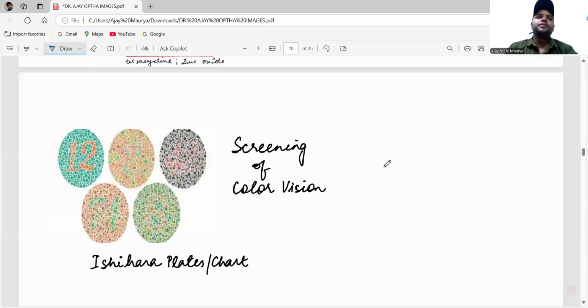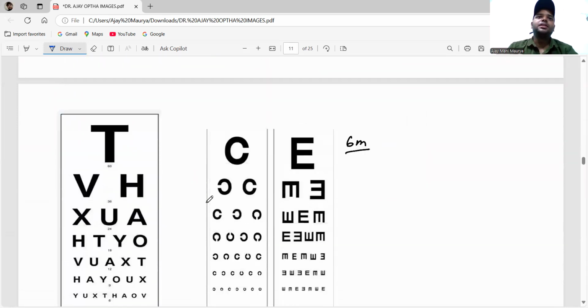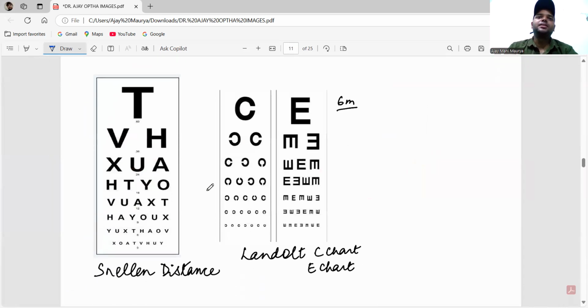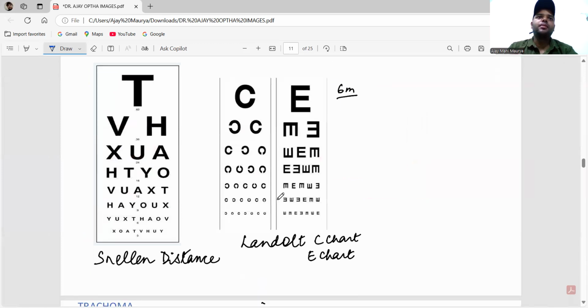I think everyone knows about this one. This is the Ishihara chart for the screening of color blindness. This one, guys, everyone knows, this is the Snellen chart. This is the Landolt C chart. Just remember the